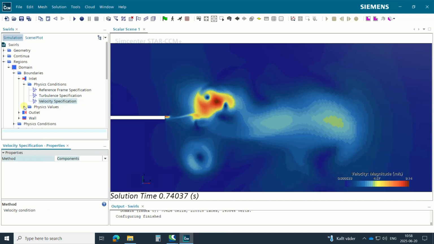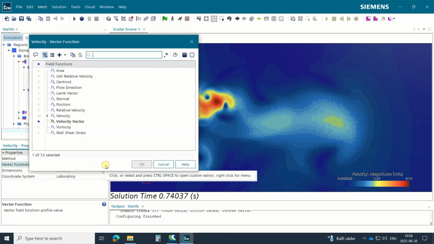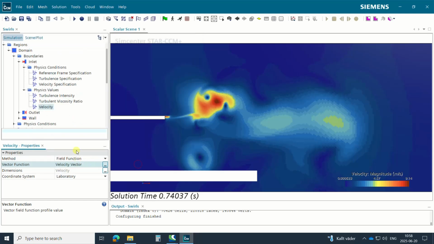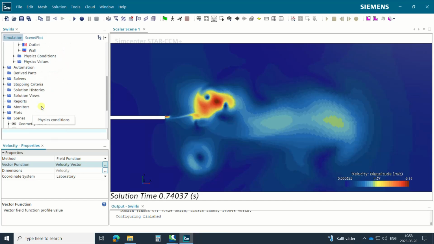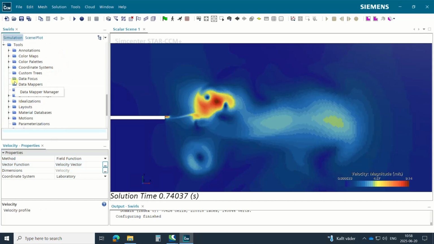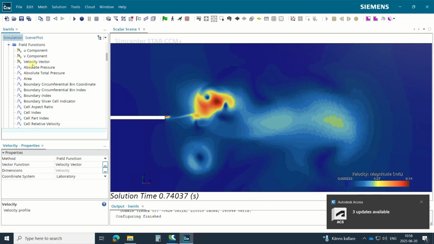Then inside velocity specification you choose field function. Then the vector function is the velocity vector which I have already defined. So I will show you how the velocity vector function looks like. Inside automation, inside field functions, you have